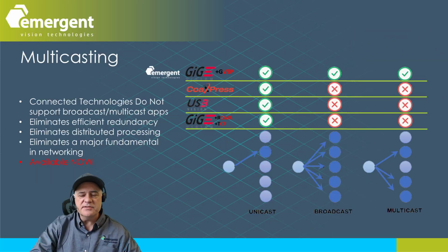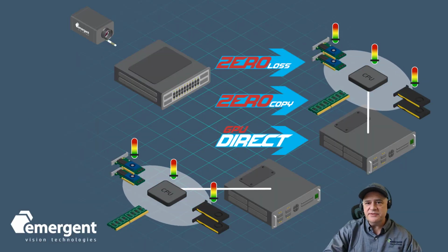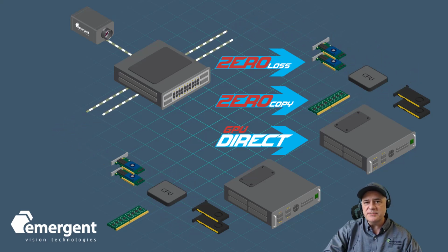This slide highlights the point about multicast technologies. GigE Vision plus GVSP is currently the only protocol which supports this fundamental networking feature. Other standards will be quickly dismissed in applications requiring efficient redundancy and distributed processing. This short animation illustrates how the data from one camera can be sent to multiple devices for parallel processing. A simple use case could even be where a separate system is used for display, while one system performs intense